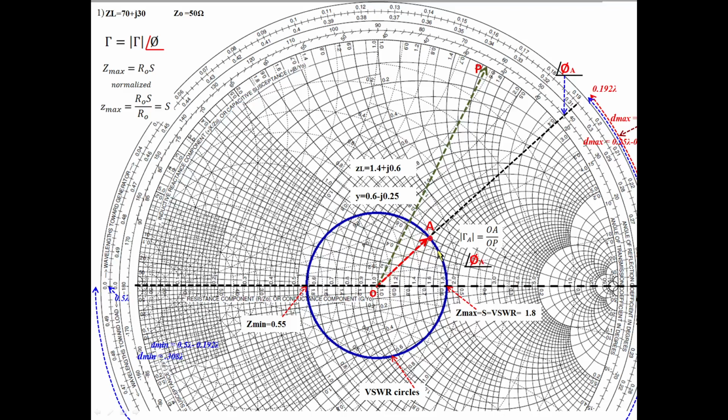If you move like this, this is nothing but moving on a transmission line towards the generator. As we move towards the generator, we come across the maximum value of impedance, the minimum value of impedance, and in between those values you can find any value. If you move like this, this is moving on a transmission line.